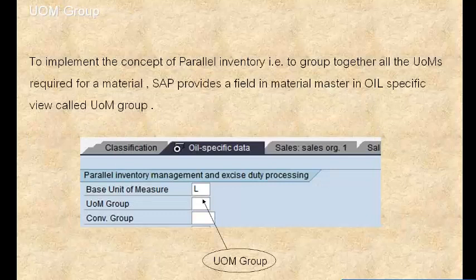This is again repeating unit of measure group, to insert the concept of parallel inventory. Parallel inventory is nothing but having your inventory in different ways, in different unit of measures. You should have a unit of measure group, because that is how the system understands how many unit of measures are needed for this material. We are grouping the unit of measures and assigning them to the material, so that as soon as this material is used, those assigned unit of measures are shown in particular documents. That is the first thing. Then,